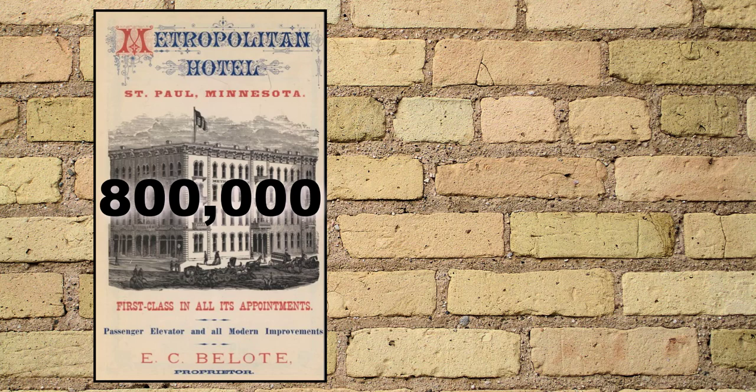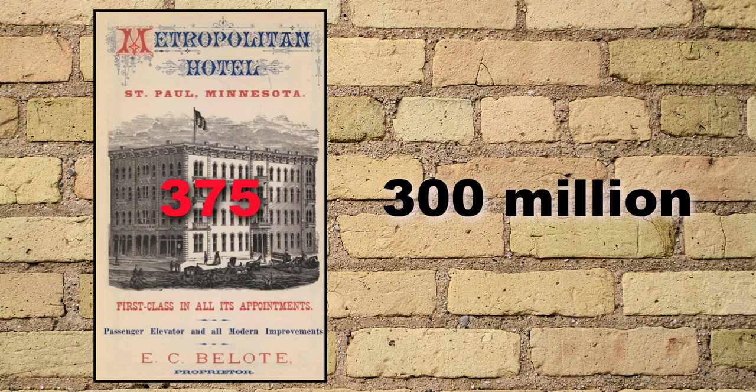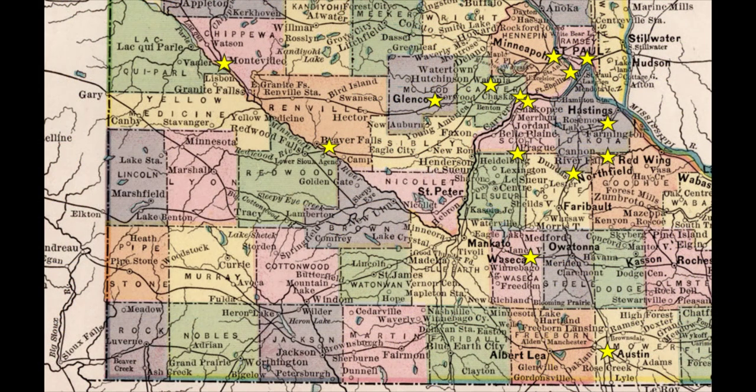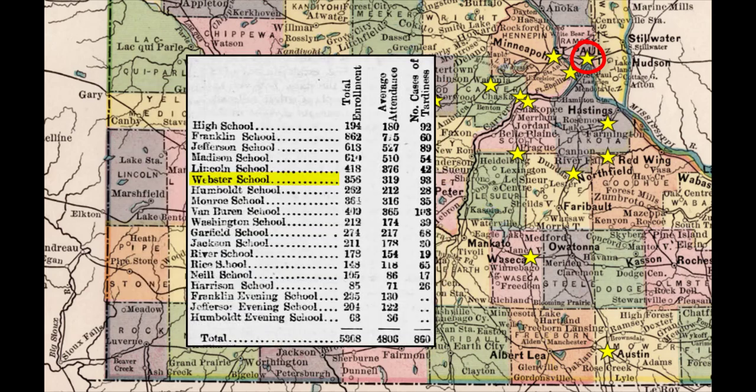800,000 Chaska brick were used to construct the Metropolitan Hotel in St. Paul. 300 million brick could build 375 Metropolitan hotels. That is a lot of brick. So where did all these brick go? Most continued to go to Minneapolis and St. Paul. At St. Paul, Chaska brick were used in the Cleveland School, the Webster School, the Van Buren School, the